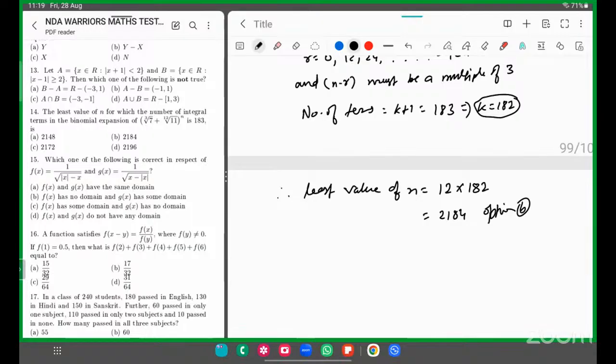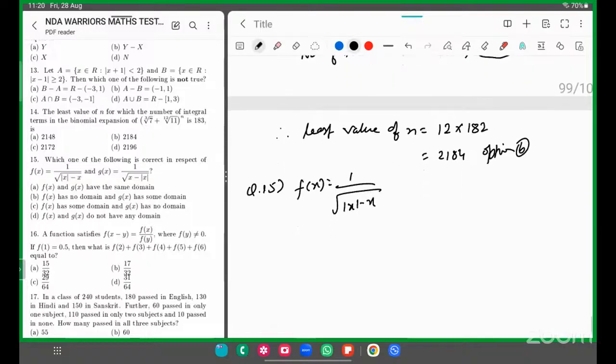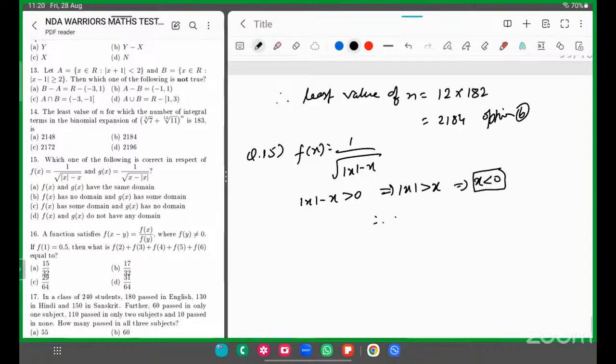ओके, next, which one of the following is correct with respect to f of x and g of x। चलो इसको करो, कैसे करोगे, क्वेश्चन नंबर 15, f(x) का वैल्यू क्या गिवन है, 1/√|x| - x, यही है, तो इसको प्रॉपर्टी से सॉल्व करो, |x| - x must be greater than 0, this implies |x| must be greater than x, और इसका क्या मतलब होता है, x is less than zero, must be less than zero। इसका डोमेन क्या निकल के आ गया, therefore domain is such that x belongs to (−∞, 0)।